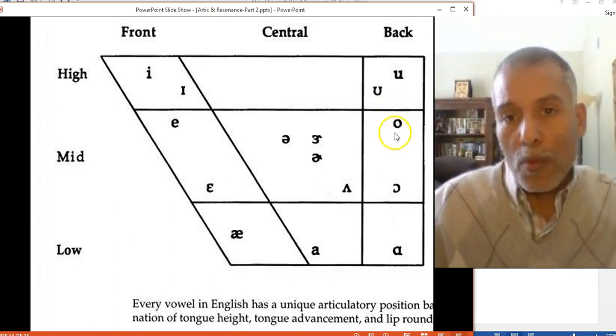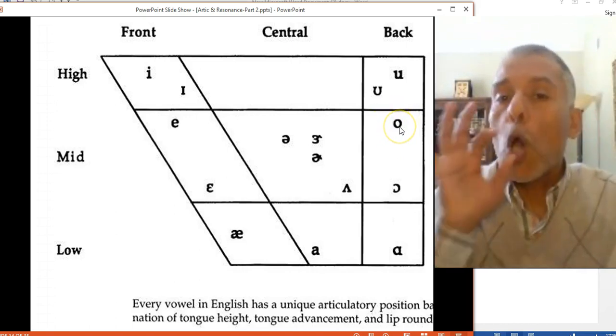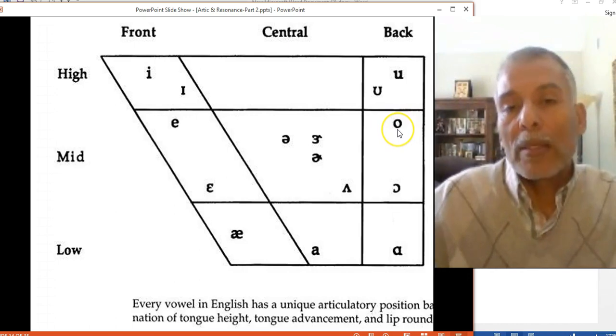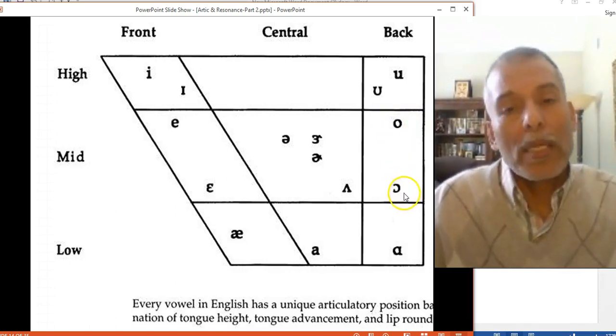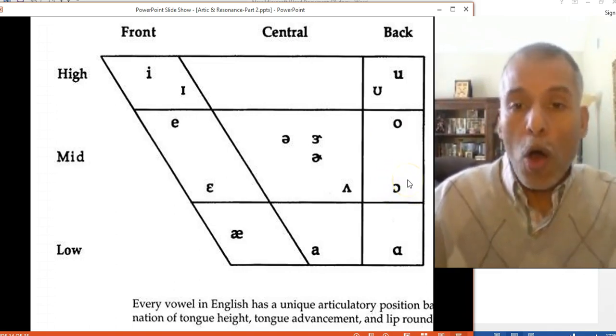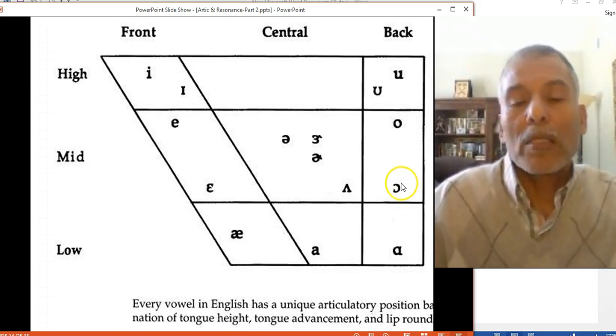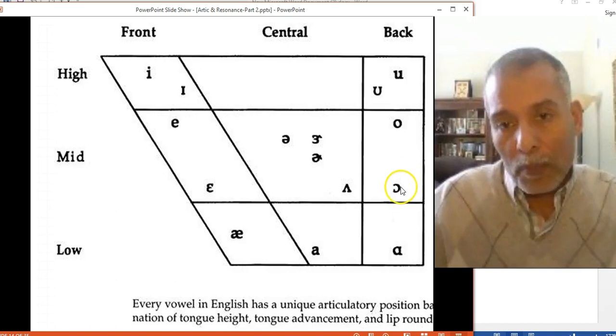That O is high back, rounded, and tense. Not many people use it in American English, so O, as in law, or thought, fought. People say fought, law. But this sound here is